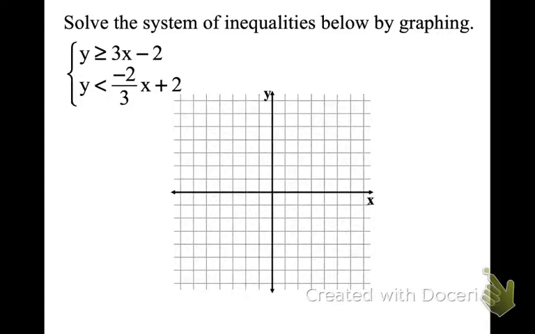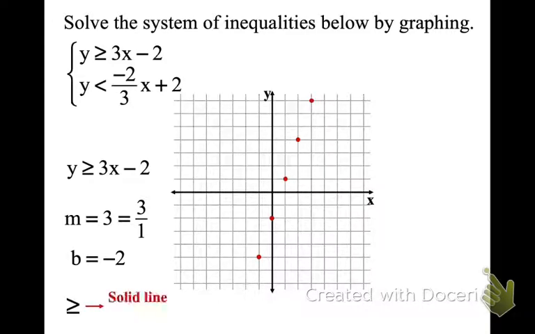Now let's check our work. For the first inequality, my m is 3 and my b is -2. So I'm starting at -2, and you should have a very steep slope of 3 units up, 1 unit over. And this is looking like it should have been a solid line. And then if I look at this, okay, y is greater than -